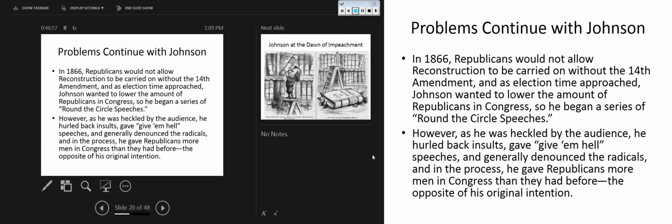So, how does he handle the hecklers? Much like his hero would have handled hecklers, Andrew Jackson. He yells back at them. They're called the give 'em hell speeches. And certainly they're not the only two presidents that yell back at their hecklers. Think about Teddy Roosevelt. Man got shot during a speech, and took his speech out of his jacket, bloody, screaming at the guy who tried to kill him, and he kept on going. Right? Certainly our current president doesn't handle hecklers all that well either. He likes to give them hell. So, anyway,